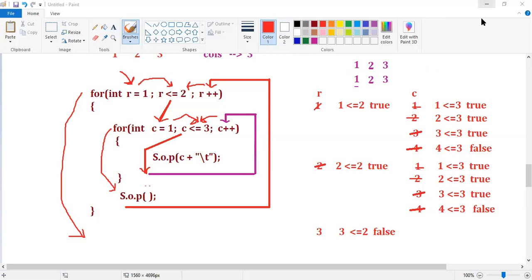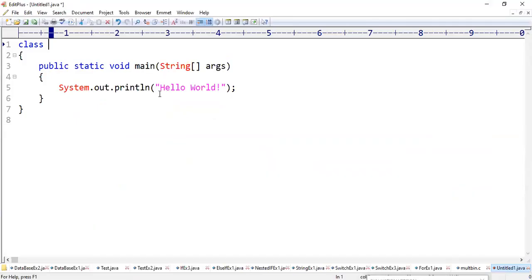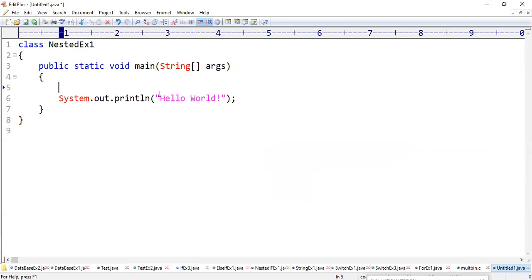So execute once. Let us observe one small example program. New Java class, nested example 1. For int row equal 1, row less than or equal to 2, row plus plus.